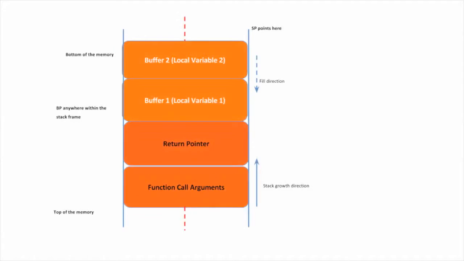Picture the stack as a single-ended data structure with first in, last out data ordering. This means that when two or more objects or elements are pushed onto the stack, to retrieve the first element, the subsequent ones have to be popped off the stack. In other words, the most recent element remains on top of the stack. As shown previously, there is a progression from a lower memory address to a higher memory address as one moves